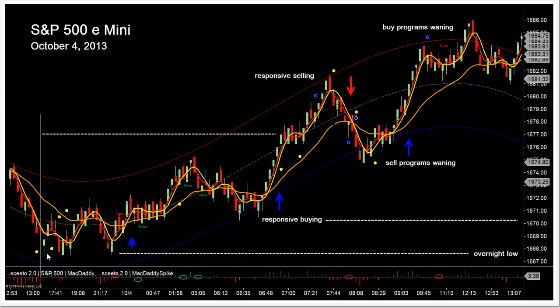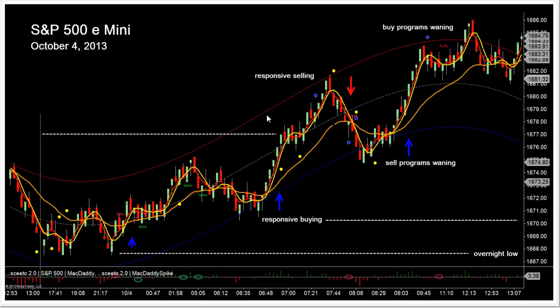As you can see, overnight when price traded down to 1668, the digital filters turned up off the low, and the longer-term Kalman filter began to slope up as well. At the open of Friday's session, following the minor pullback to 1670, the digital filters initially went flat before the responsive buying entered, which resulted in price auctioning up to